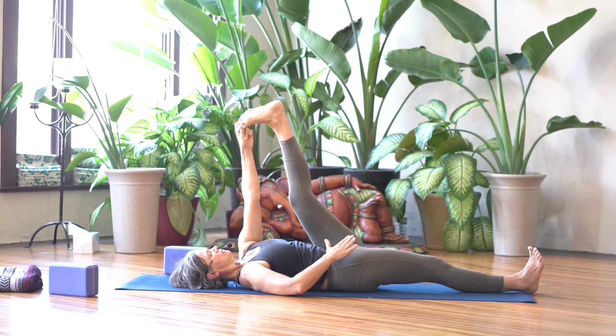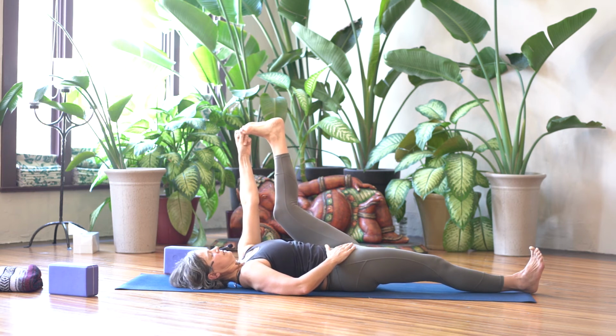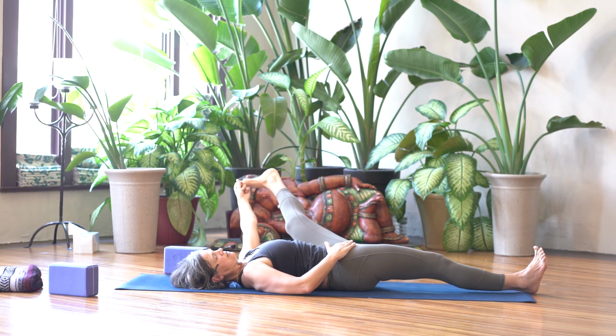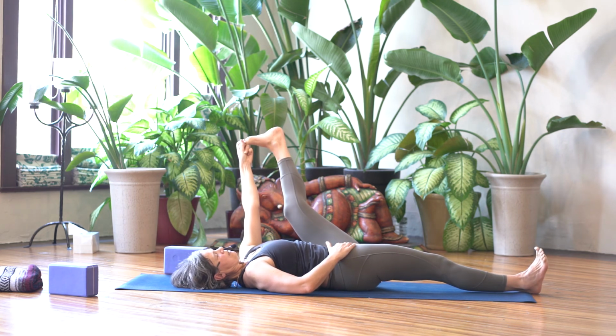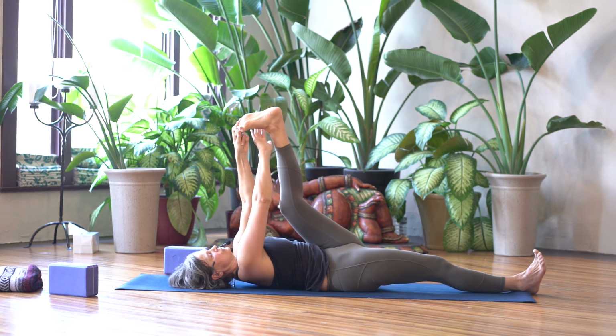And just making sure that your right hip stays on the floor, so you can bend your left knee and open your leg over to the side and then re-straighten it, or you come with a straight leg to the side. Good. And then bring your left leg over your chest again and reach for the outer edge of your left